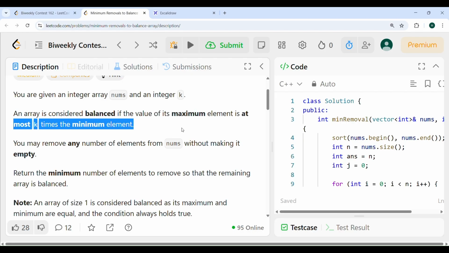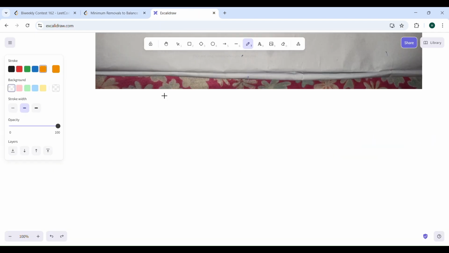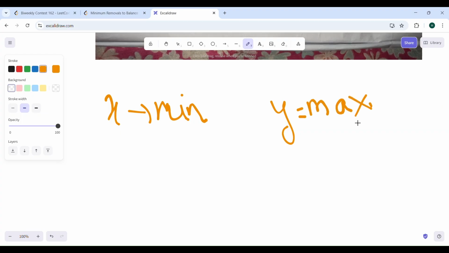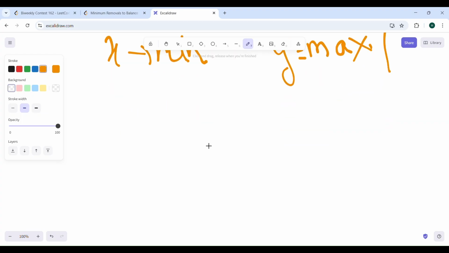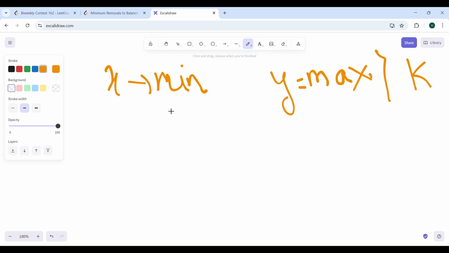So what does this line mean? The line says that the value of its maximum element is at most k times the minimum element, right? Let's take an example. Let's say x is the minimum value of the array, and y is the maximum element of the array. There is a k given as well. So the problem states that x into k